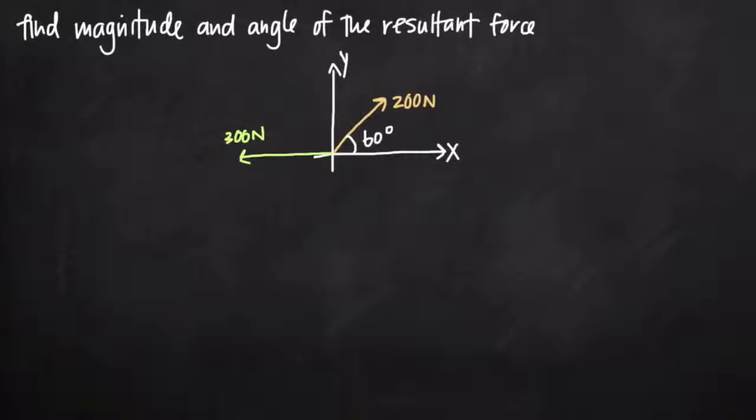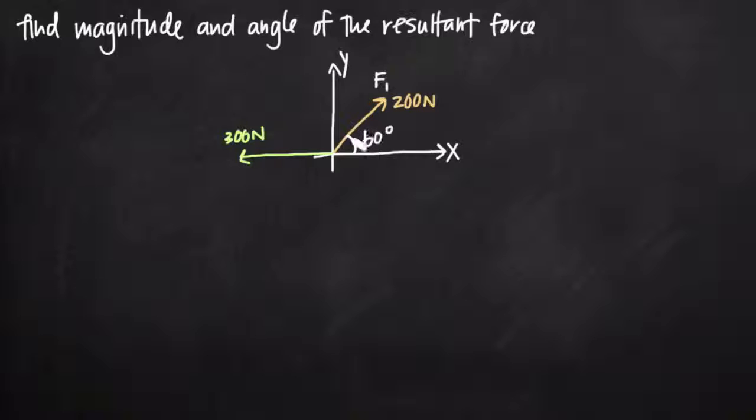Today we're going to be talking about how to find the magnitude and angle of a resultant force. In this particular problem, we've been given two forces. We'll call them force 1, or F sub 1, and F sub 2. Our first one, F sub 1, is a force of 200 newtons acting in this direction. We can just think of this as a vector with a magnitude of 200. And we know that the angle between this force and the positive direction of the x-axis